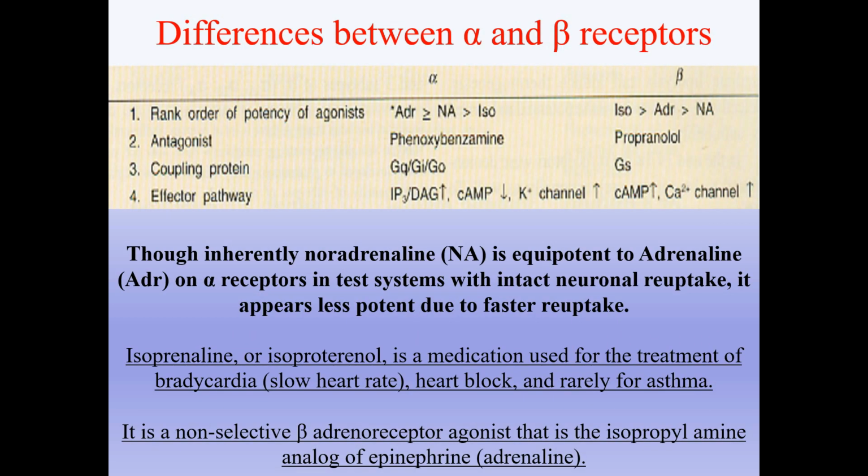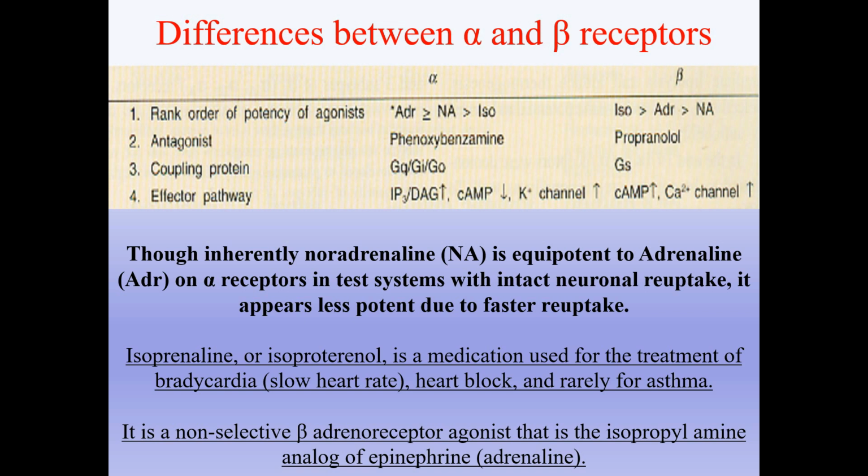Differences between alpha and beta receptors. Here you can see rank order of potency of agonists, antagonists, coupling protein, and effector pathway. Though inherently noradrenaline is equipotent to adrenaline on alpha receptors in test systems, it appears less potent due to faster